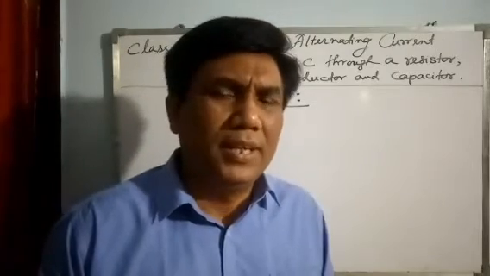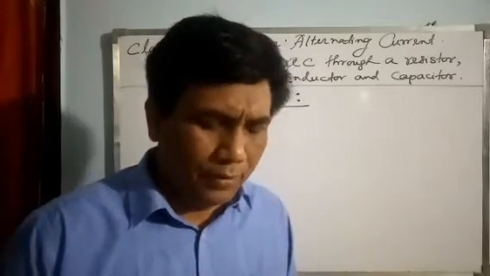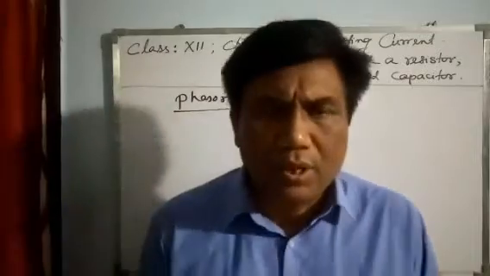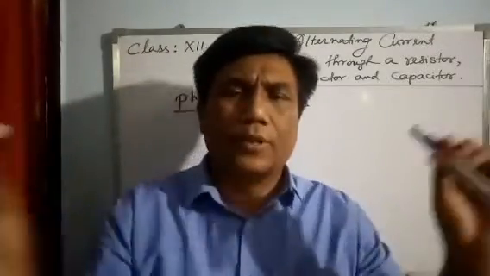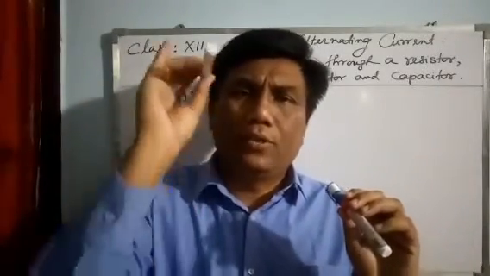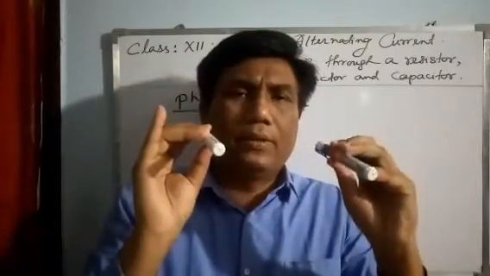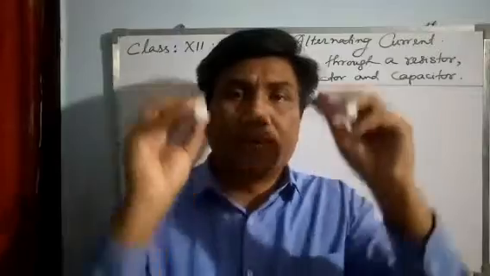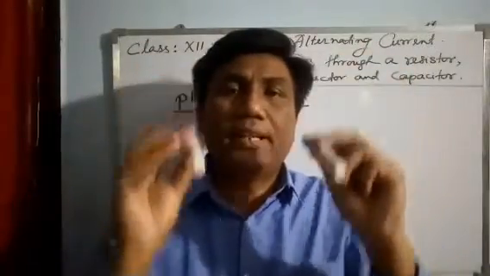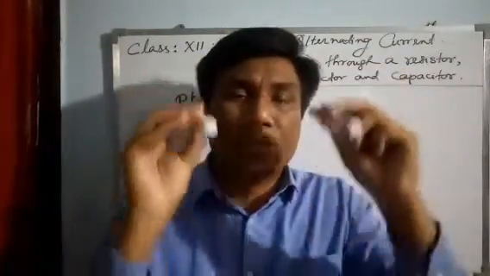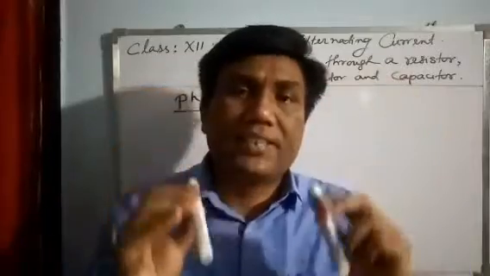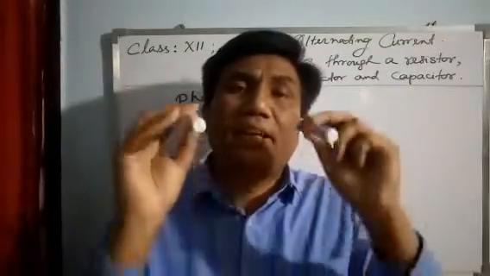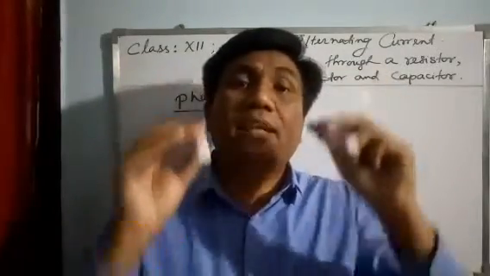Are you getting my point? I can give you a little idea. Say two particles are oscillating. This is one particle, oscillating this way, and this is another particle, also oscillating this way, and say they are in rhythm. Then we say that their phase difference is 0. It means they are oscillating in the same rhythm.